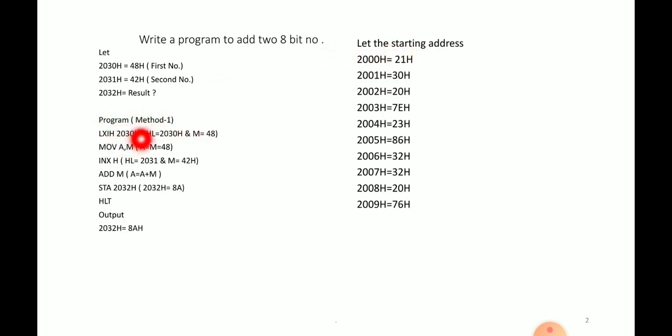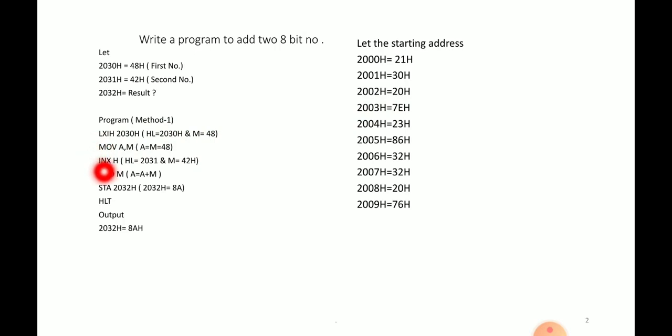First we have to write the low order 30, then the high order 20. So that is the complete LXI H 2030. Then MOV A, M. We can search the opcode of MOV A, M. It is 7E, a 1-byte instruction, so it takes only one location.